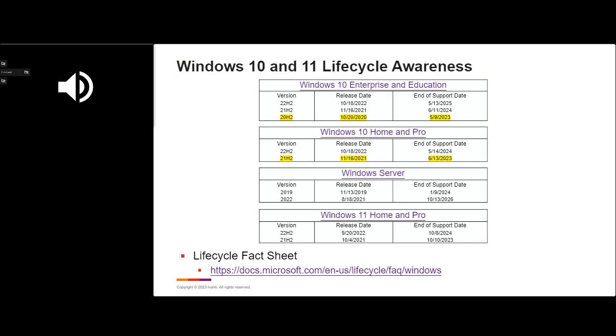Rest of the Windows 10 and 11 lifecycle, we've got 20H2 and 21H2 are the next versions that have dates coming up. That will be in May and June this year. So keep an eye on those dates. If you've got those two branches of Windows 10 floating around, make sure to stay ahead of getting systems updated to a later branch.